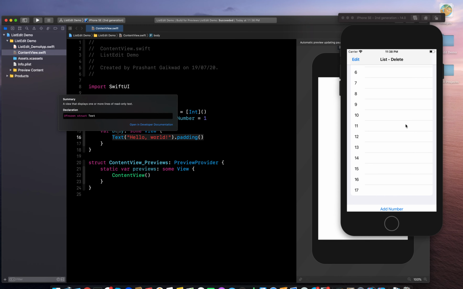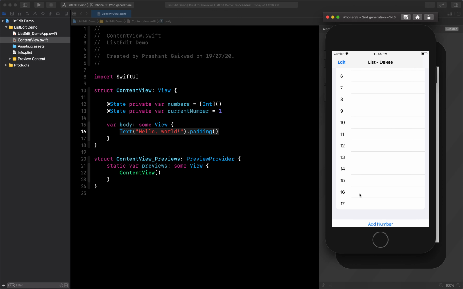Now, in our view there are actually three things. One is navigation view, then list, and then add number. So let's add that. First is navigation view. We have added the navigation view. Now we need a VStack because we need the list and button vertically. So let's create the list here now,